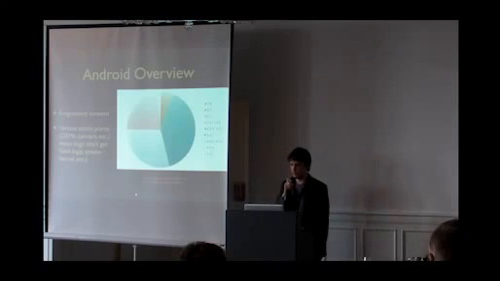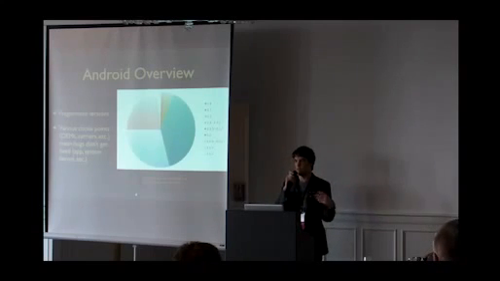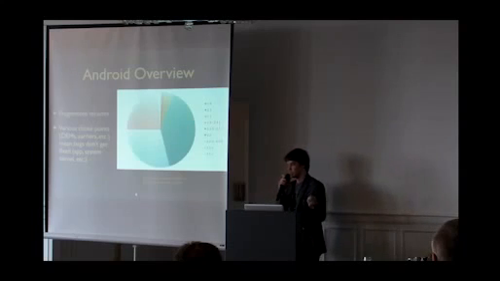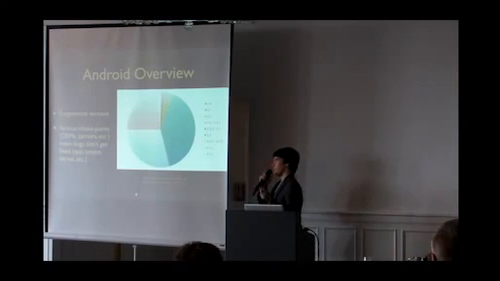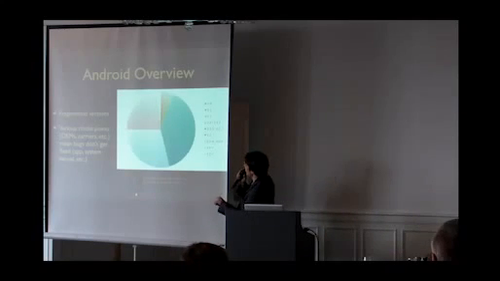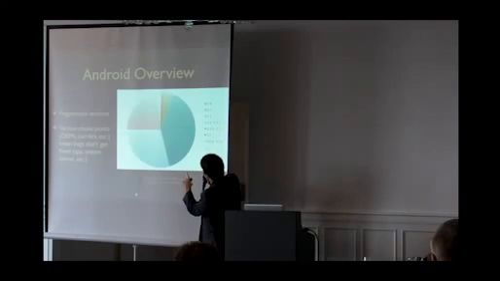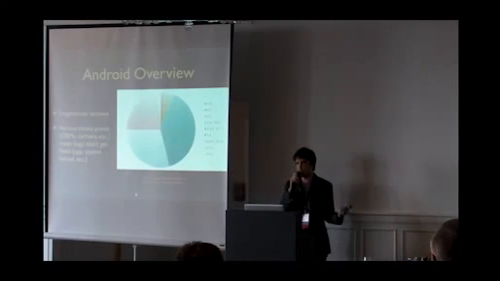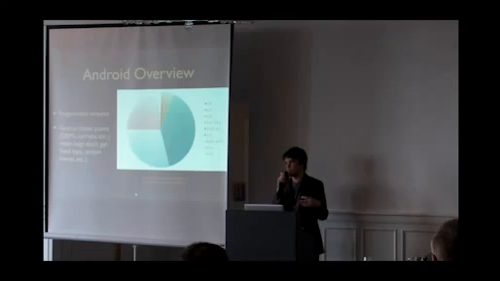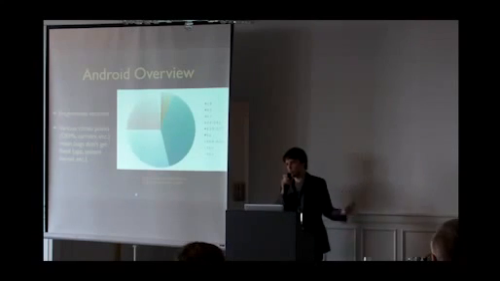There is a thing called CTS, the Compatibility Test Suite, that Android subjects OEMs to, and part of that includes security tests. In order for a device to be licensed, quote-unquote licensed, there's no licensing fee, to use Android, it has to meet the CTS tests, and some of those make sure that file permissions are sane and that there aren't massively privileged applications, things like that. But you'll see in this chart, 2.3.3 to 2.3.7 is a very significant chunk. Those are your Gingerbread devices that won't necessarily receive kernel patches because they're not getting updated versions of Android, which, combined with a complete lack of mitigations, means a chance for nice privilege escalations. Anyway,